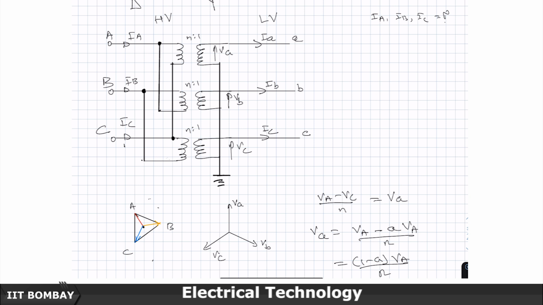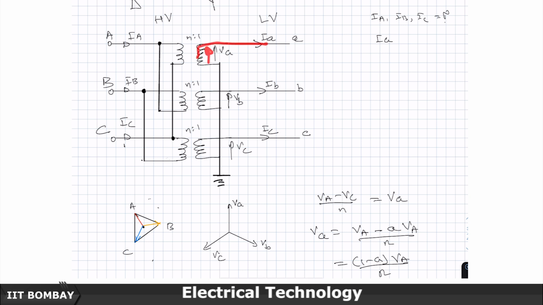So, I start analysis from this side, and load side is usually easier to pick up. I start from here and then I move towards this side. Therefore, I will assume that I know IA, IB, IC from there. If that is the case, if I know IA, IB, IC, then if the current in this winding is